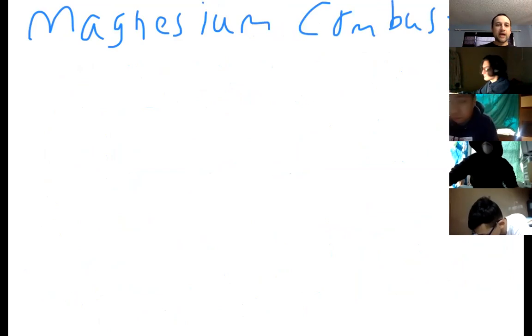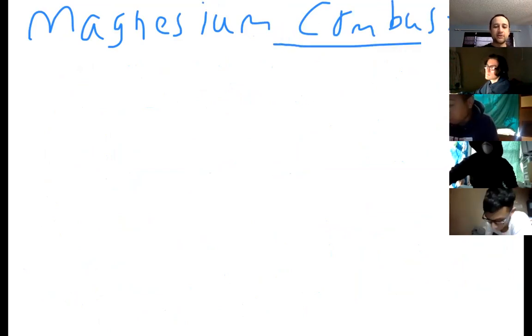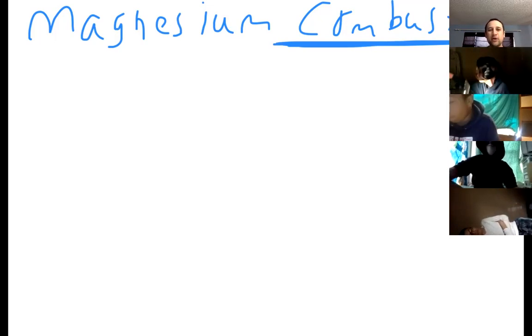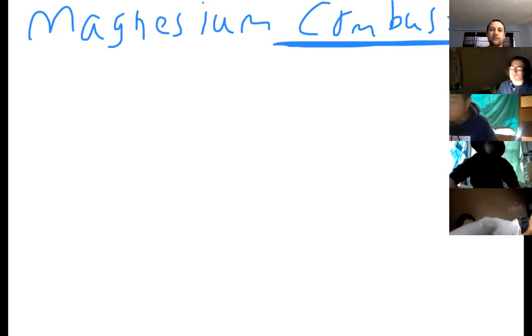So notice this idea of reaction type is still really important to us. So this is a combustion reaction, right? And so what was happening in this combustion reaction? What does combustion mean? Who can tell us? And then how do we know that that was a combustion reaction? So if you need to, look at your notes from last week, but how do you know that was a